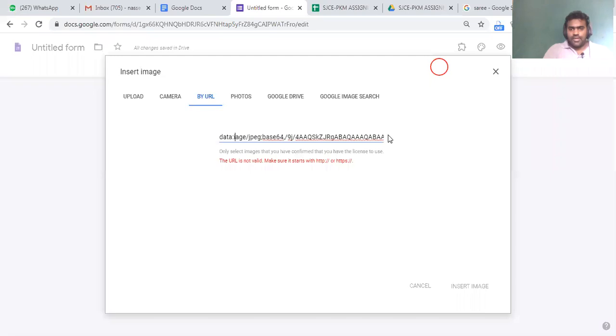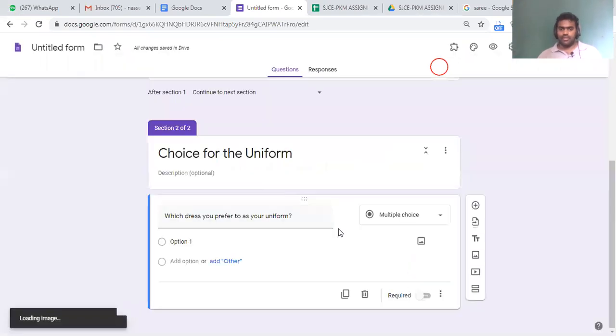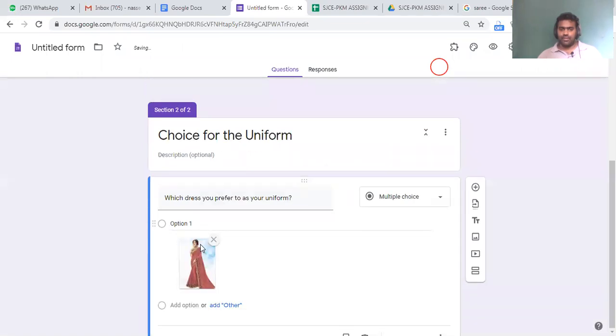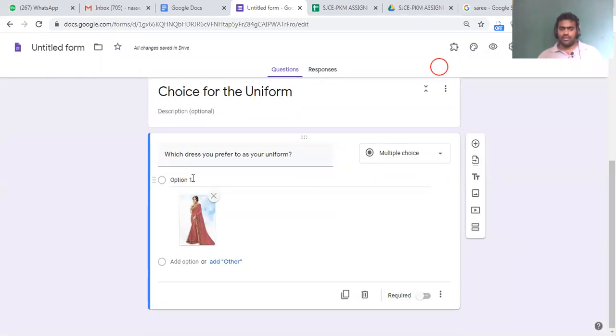Please wait, some delay is there. I don't know. System got some problems. Now I'll paste it here. See, insert image I'll do. That is sari.